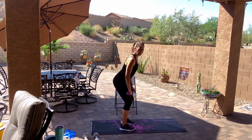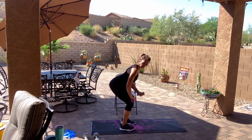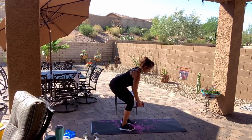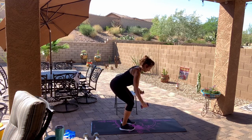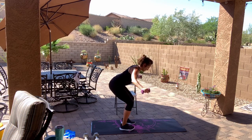Unlock your knees, slide the hips back, and then bend the knees, sit down into it. Belly button in, masses and spaces open and full. Arms in the center, head neutral. Here we go. 1, 2, 3, 4, squeeze. 5, 6, 7, 8, set your abs. 9,